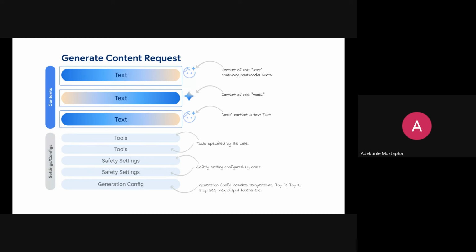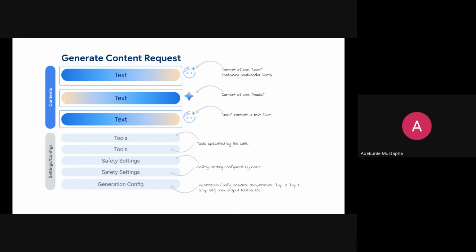So this is just an overview of how Gemini sees content requests and how we respond to them. When Gemini is generating a response to a content request, these are the things that happen in the background. The content from the user is passed, there's also the content from the model, and the user content is taken in as text. And there are various tools that are configured depending on the user. Some of them are generic.